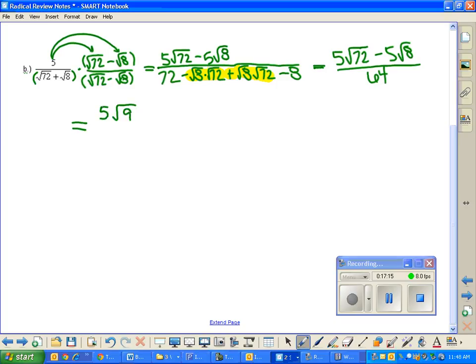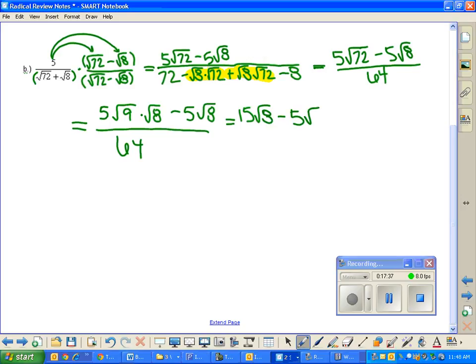That can be split up into the square root of 9 times the square root of 8, right? And I'm just going to leave that second part the same for now, all over 64. So the square root of 9 is something that we know. The square root of 9 is 3. So we have 3 times 5 times the square root of 8. 3 times 5, 15 square roots of 8